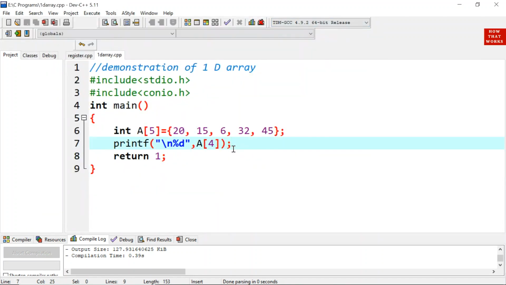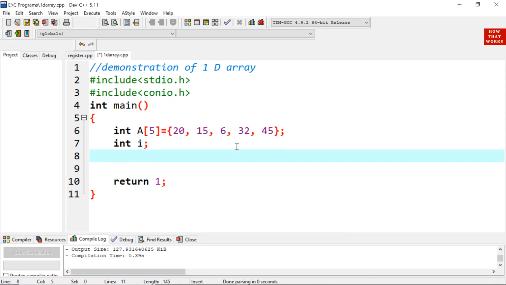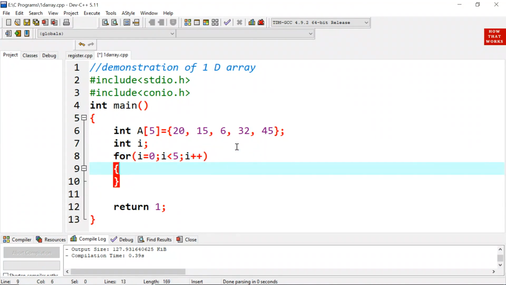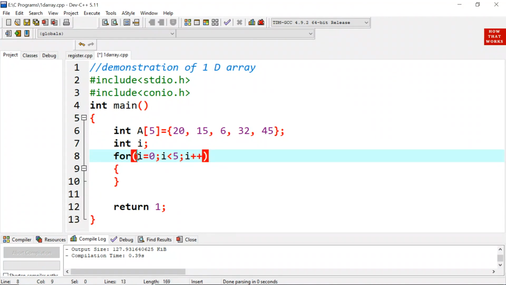Suppose I wish to print the entire list, then I don't need to mention A1, A2, A3 like this. I will use a loop instead, int i, where i will act as a counter variable. I will use a for loop, i is equal to 0, i less than 5 and i plus plus. You should understand that I have started or initialized the list from 0 and it is ending up to 4